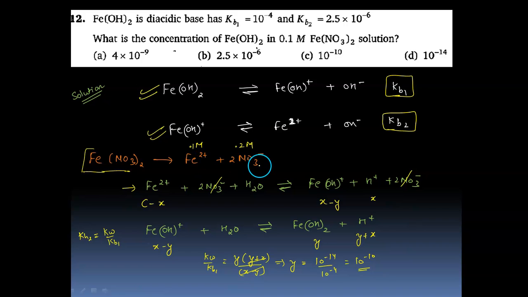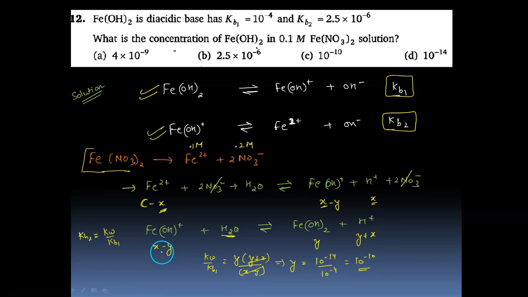Out of that, nitrate ion will not get hydrolyzed because these are the components of a strong electrolyte. So it's only the iron part, Fe2+, which is going to interact with the water. It is hydrolyzed with water: Fe2+ + H2O gives us this, right? And in the second stage, FeOH+ will again be hydrolyzed to give us this. So if the concentration C is 0.1 over here, and in the first stage hydrolysis the extent is X, so it is X coming from the first one. However, this X is hydrolyzed by Y for the second reaction.